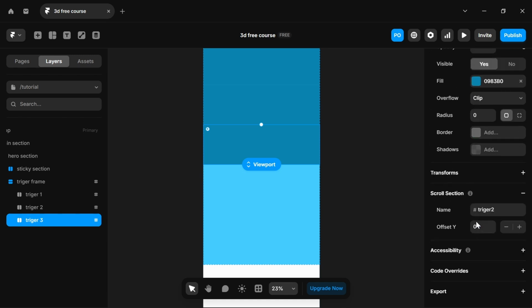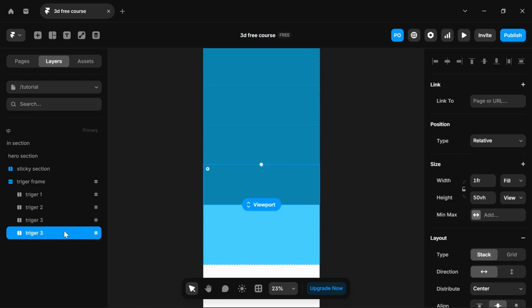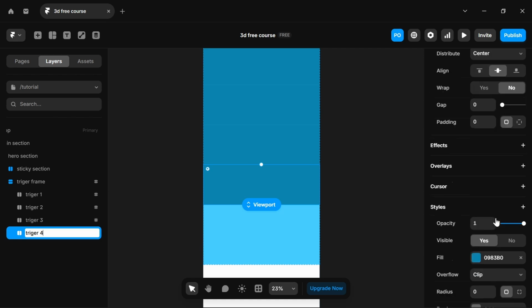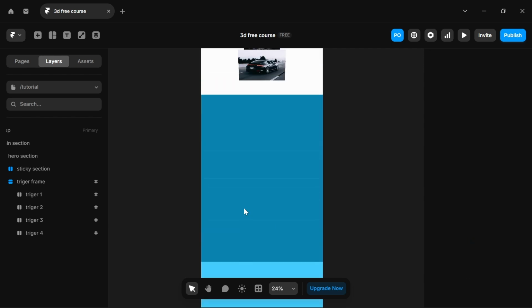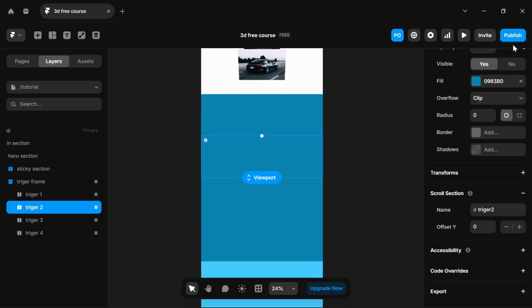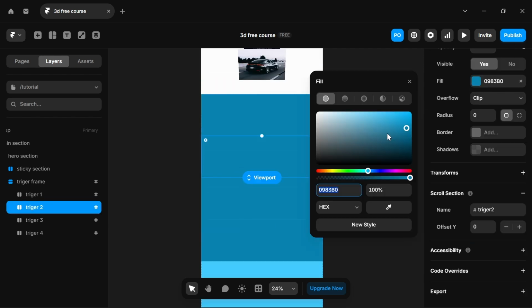Correct that also on the screw section, trigger 3. And I think we also have one more to go. So Ctrl D and set this to trigger 4, and correct it also on the screw section to trigger 4. After doing this, we are going to be changing the individual colors so it doesn't get you confused,